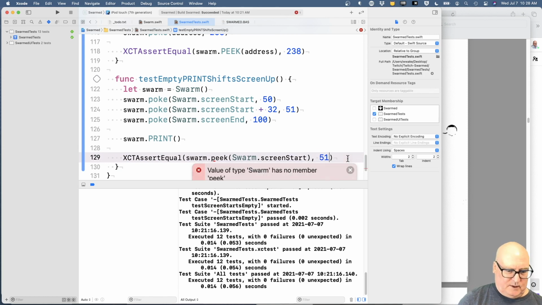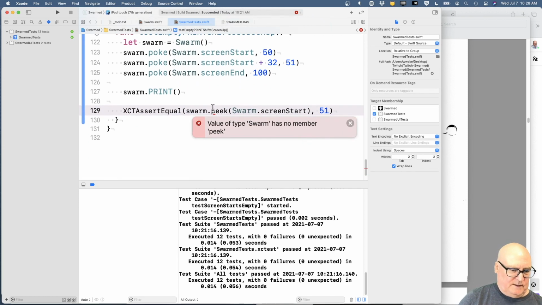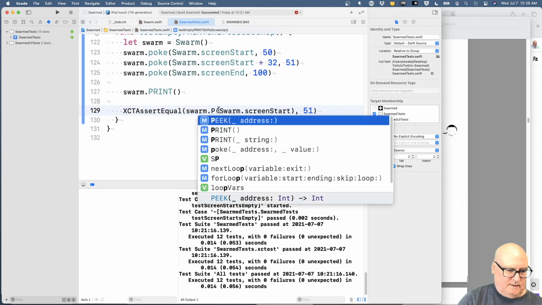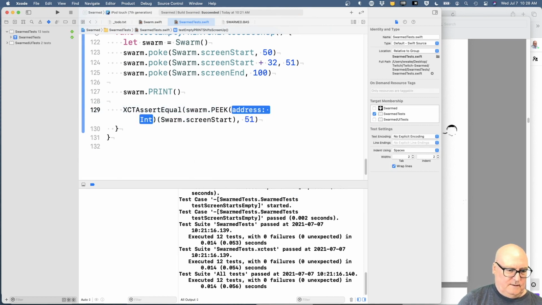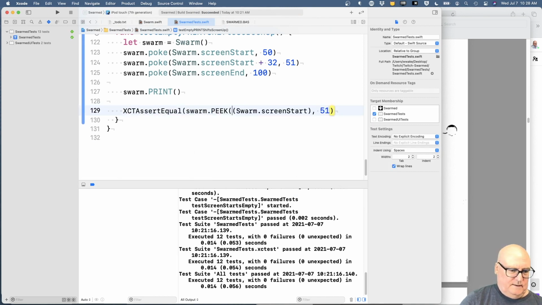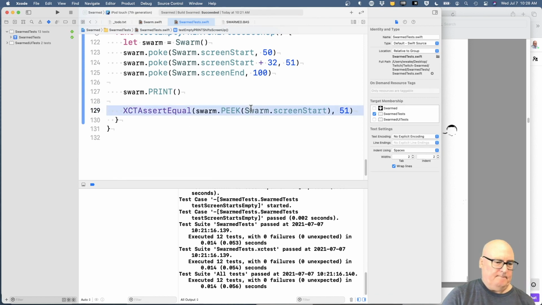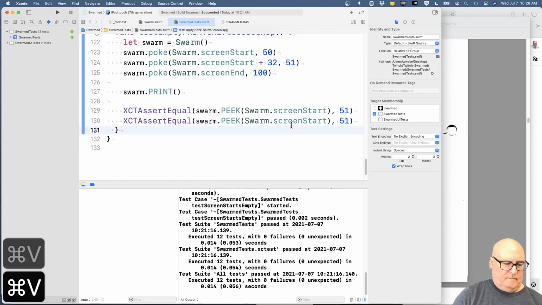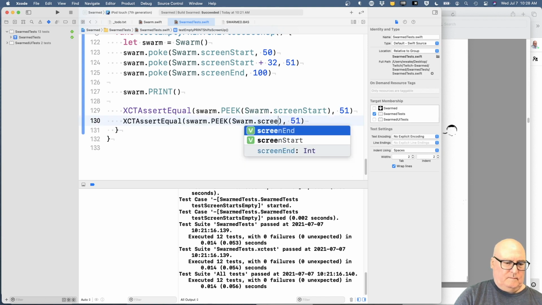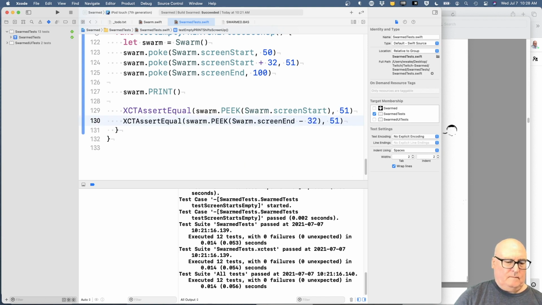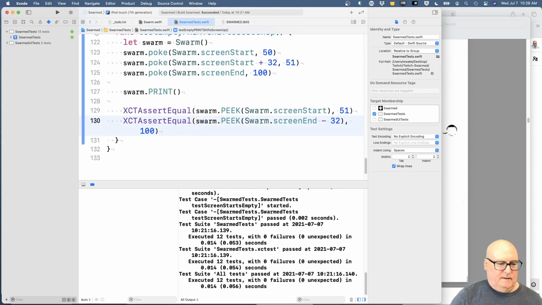Okay, what's your problem? Swarm has no member peek. And then 32 less, we expect to see 100. And then